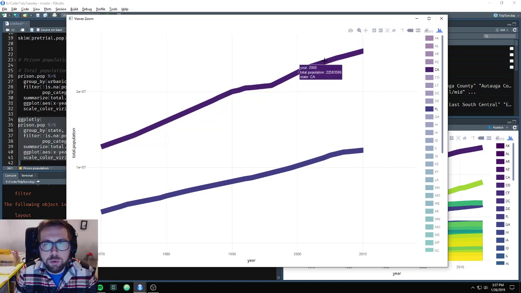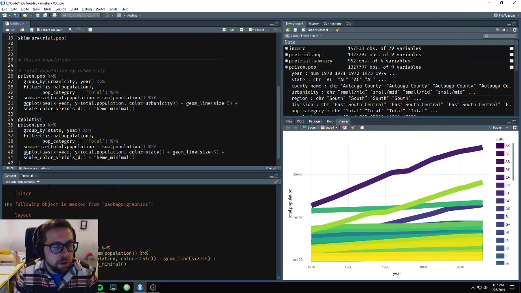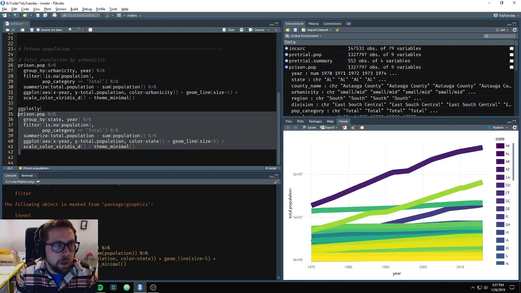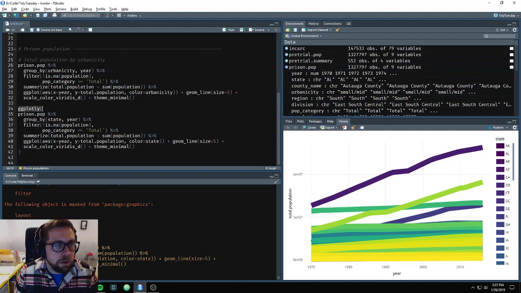Plotly is super cool. And you can see it was really easy to use. If you haven't used Plotly before, you just call library Plotly, and then you wrap your ggplot call in this ggplotly command. Super, super nice. Okay,